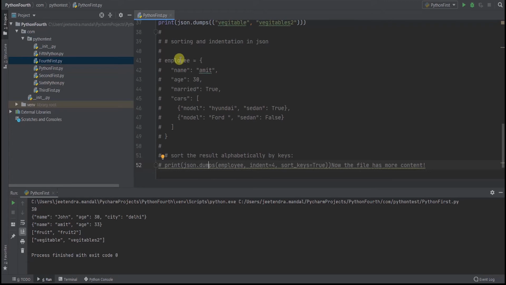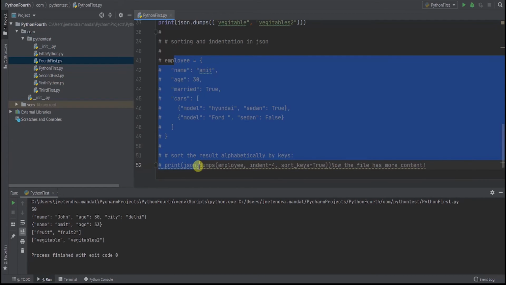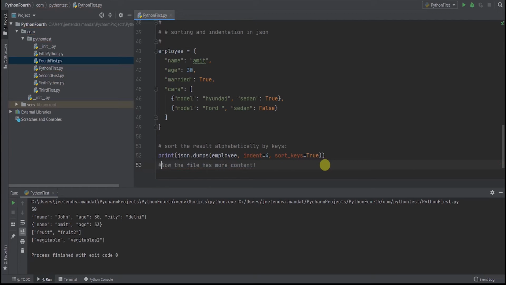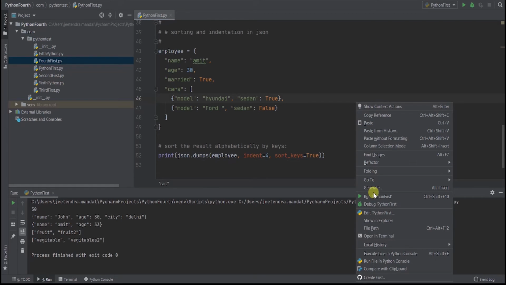Now we'll see how to sort the keys. If you want to sort the keys, I'll create a Python object, and this is the Python object that I have created. I'll try to arrange it properly with formatting, and then I will sort the keys. Let me run it.